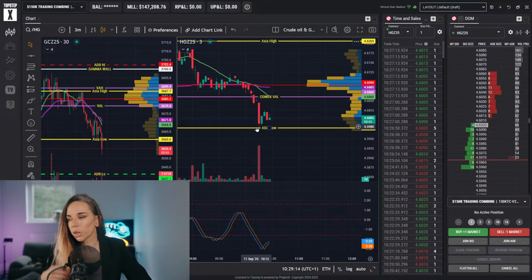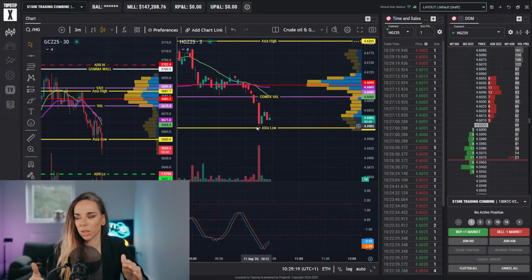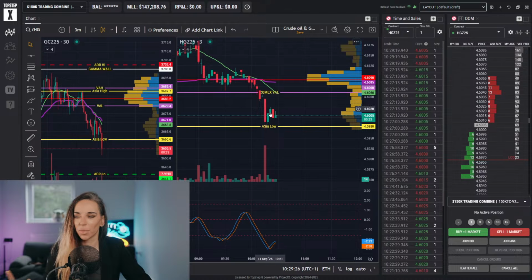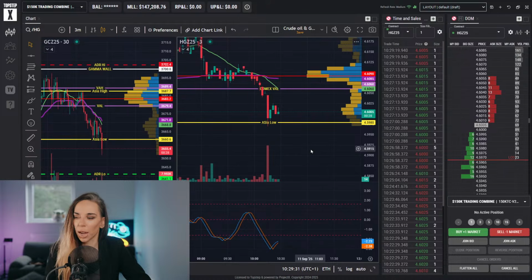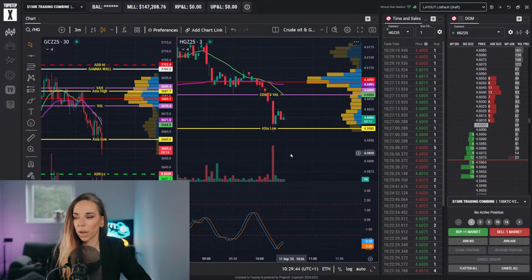So technically this might be, like, I prefer to do this type of setup when LME opens, because they have a much higher probability of working out. At this time of day, it might go lower, it might not. It's really kind of a coin flip, 50-50. But when it happens during LME 30 minutes, where the overnight low gets taken out and then it reverses, there is a lot more volume for this to play around with. And then you get a very committed decision. So let's try